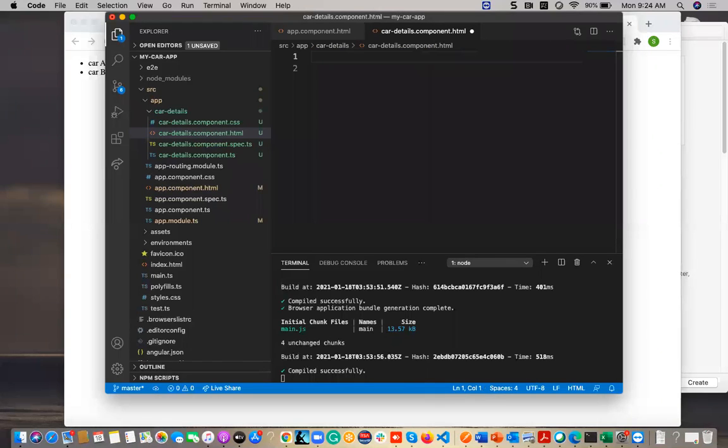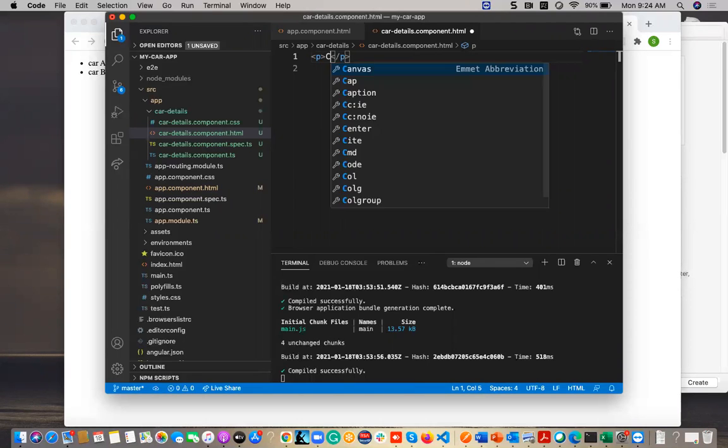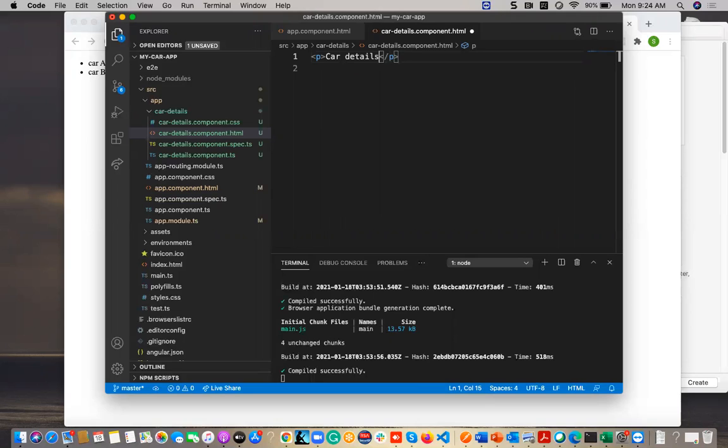Okay, so here I am going to create some other details. So let us think like I am having here one para and car details. Okay, and I am giving here some car details, and I am giving a div here.